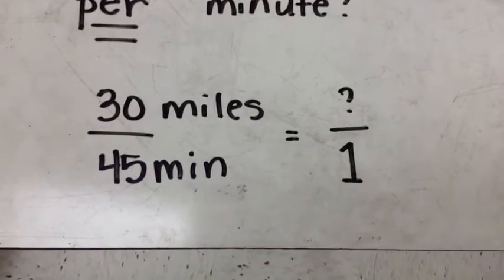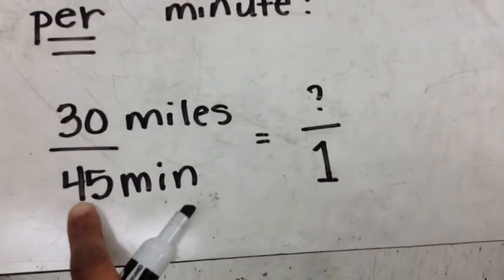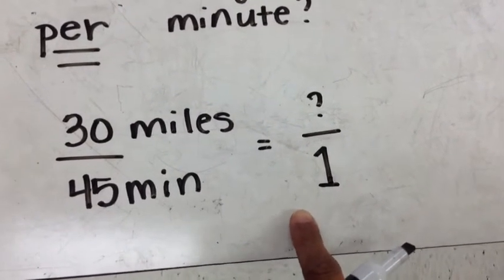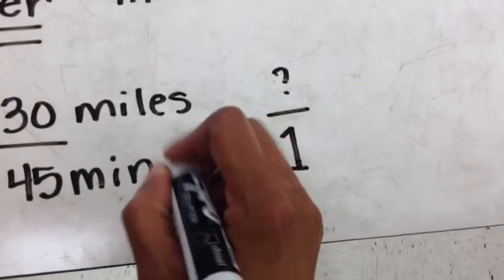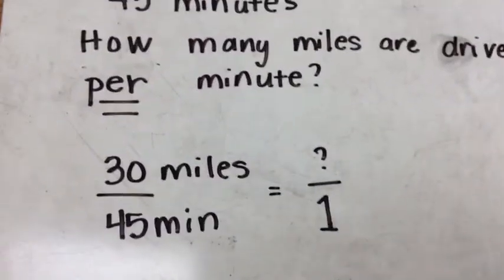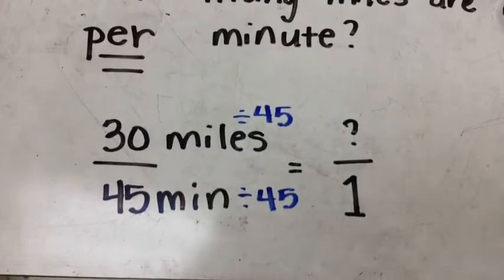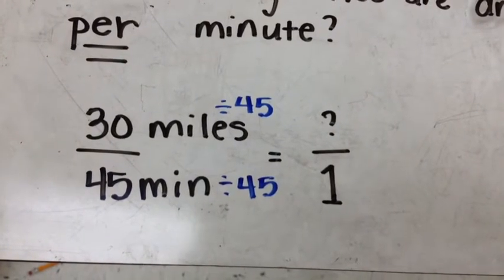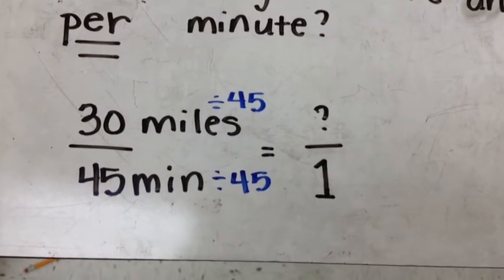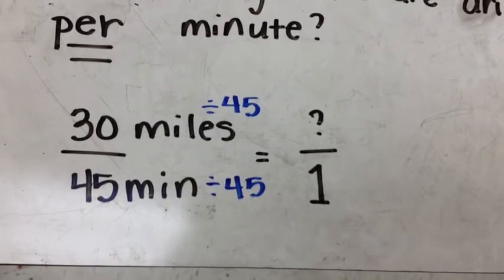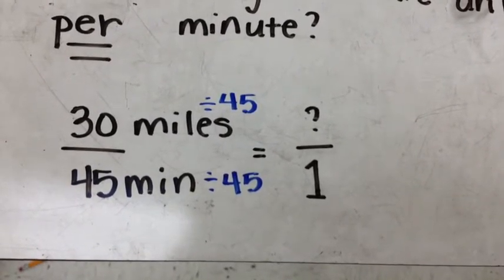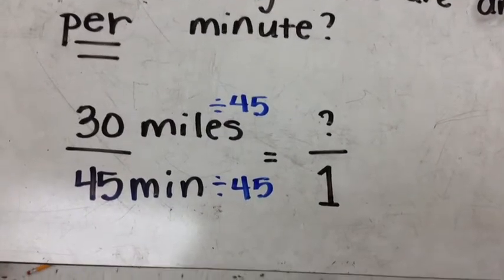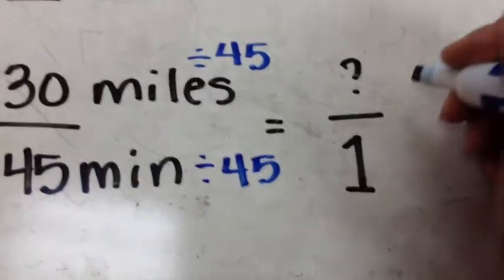Well, this is just a matter of finding equivalent values. In order to get from 45 to 1, we have to take the number 45 and divide it by itself. So 45 divided by 45 equals 1. We got that denominator of 1 that we needed for unit rate. Fraction rules say that if you divide the denominator by 45, you must also divide the numerator by 45. And 30 divided by 45 gives you